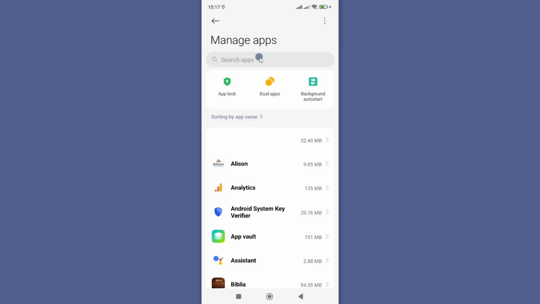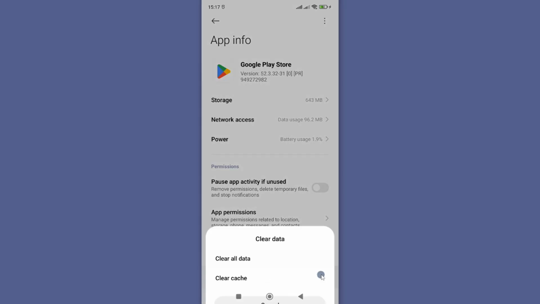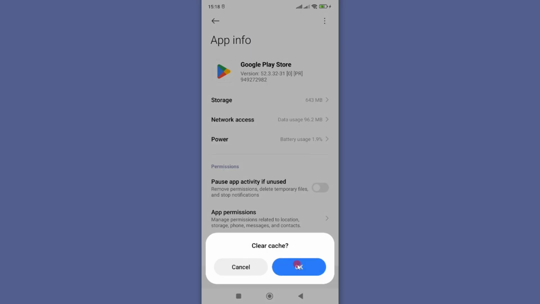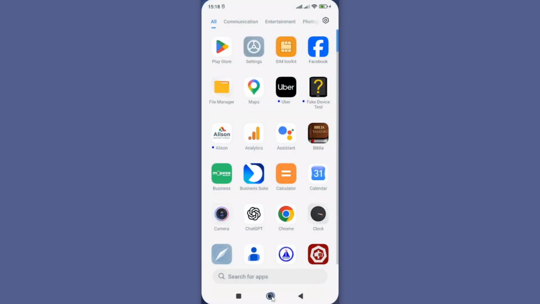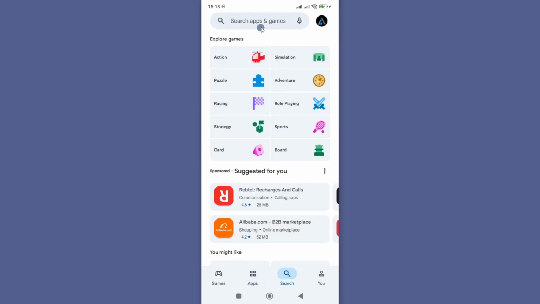From the list, search for Play Store, and if you tap on it, now here go to Force Stop App, and okay, this will stop any background activities that might be causing this issue. Then go to Clear Data and choose Clear Cache, and okay. Once you're done, restart your smartphone, and now if you go to your Google Play Store and activate search for